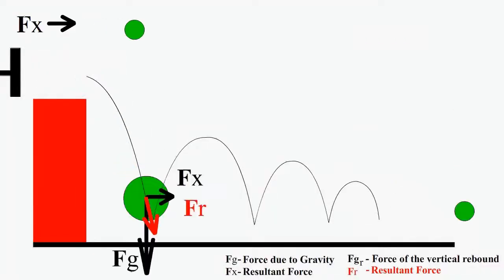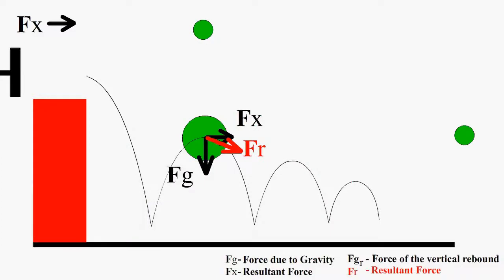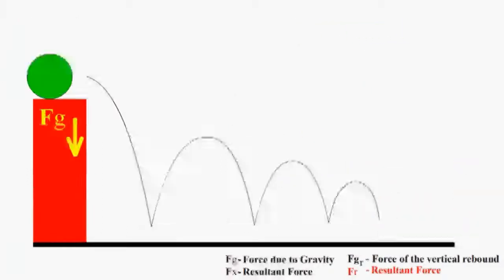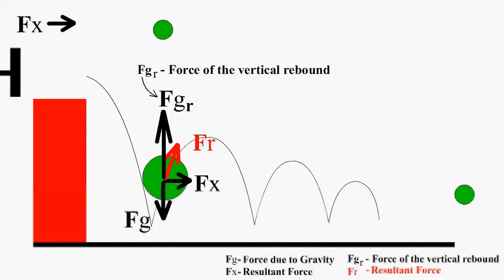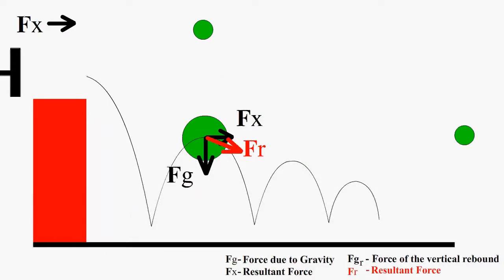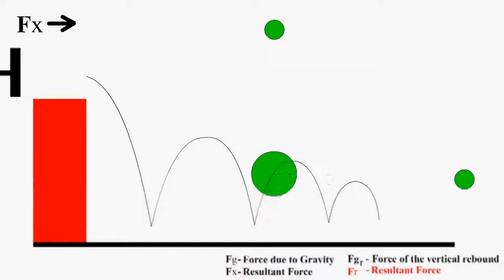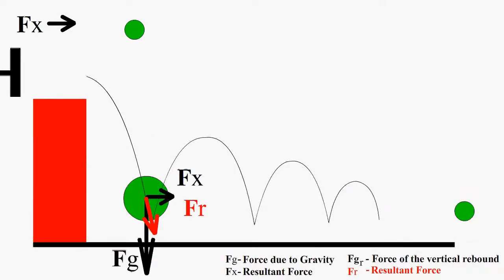And notice that this arrow is actually changing direction, and the resultant force, this Fr, is actually making the ball go in an arc. So in real life, an object could be acted upon by various forces, but the object will move in the direction in which the resultant force is making it go. This is the main concept I want you to understand, that the resultant force generally makes objects go in an arc, never in a straight line.